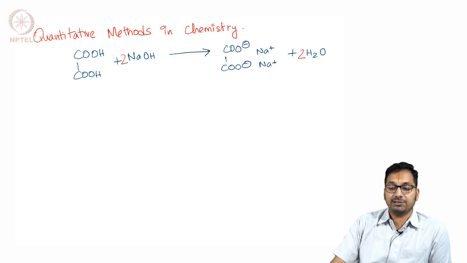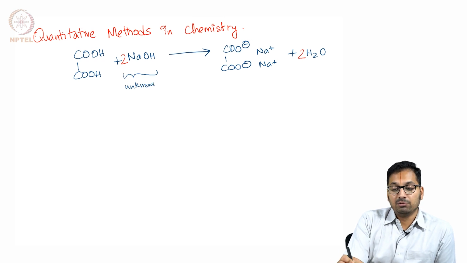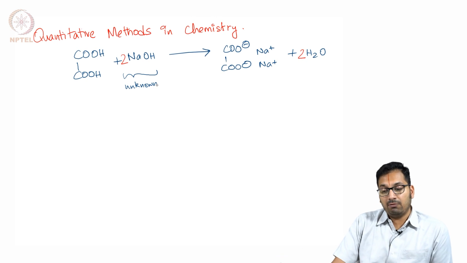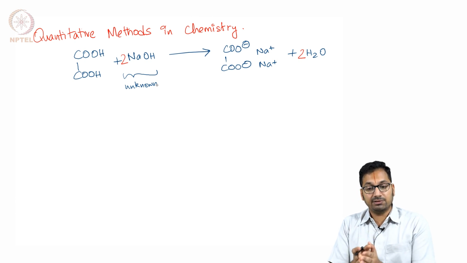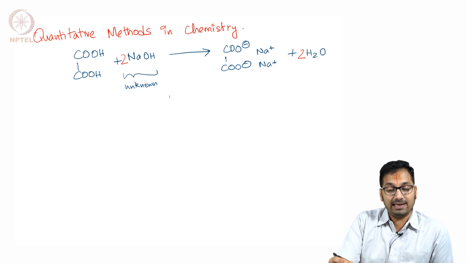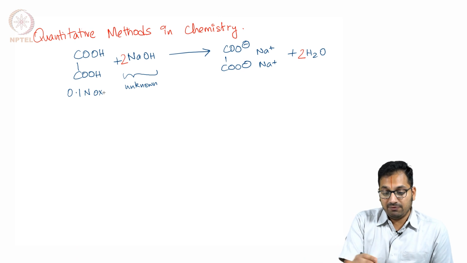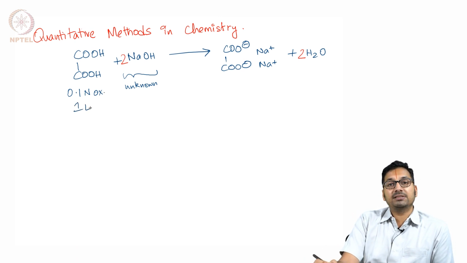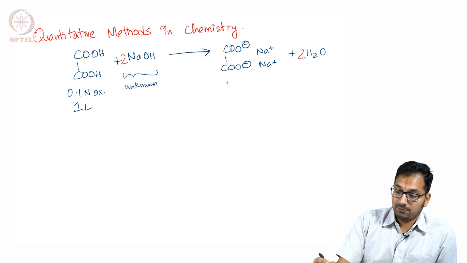So once you have a balanced equation, let's assume that we will be having this as the unknown. You will see as we go forward in the lectures that whenever you are doing standardization, you always have a primary standard versus secondary standard, NaOH being a secondary standard. So therefore you generally standardize it against something that you know, and in this case you will be standardizing it against oxalic acid. And let's say that we need to prepare 0.1 normal oxalic acid for this purpose. Let's say we will prepare 1 liter of it. So the first step of this endeavor will be trying to understand how many grams you would end up using. So let's quickly calculate that.